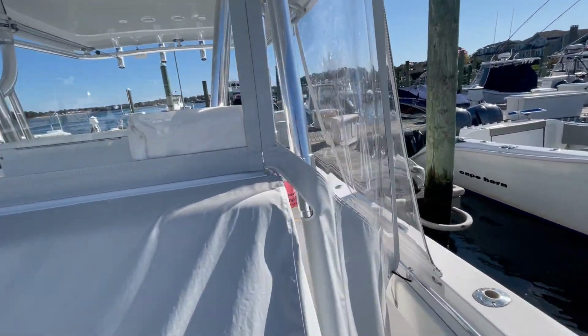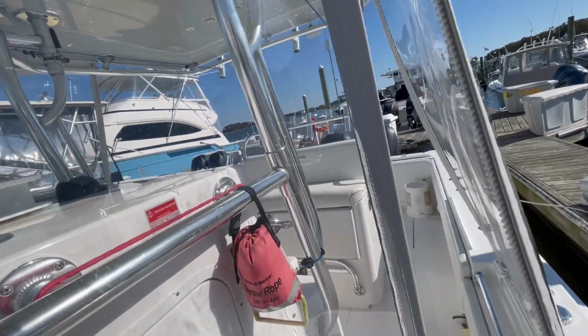Again, this is a 2015 Contender 32 ST, twin Yamaha